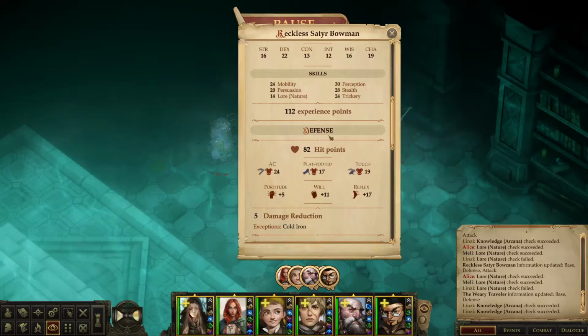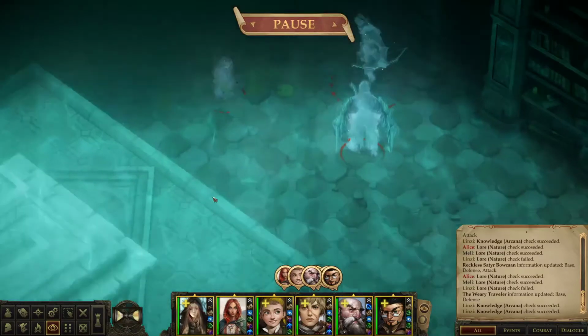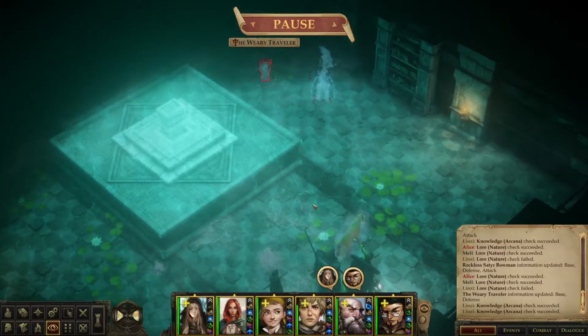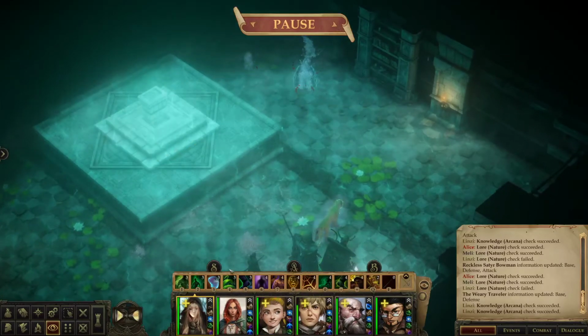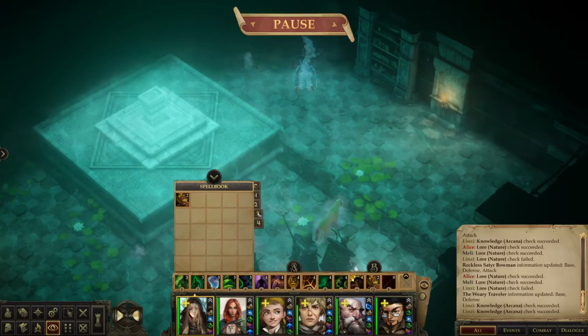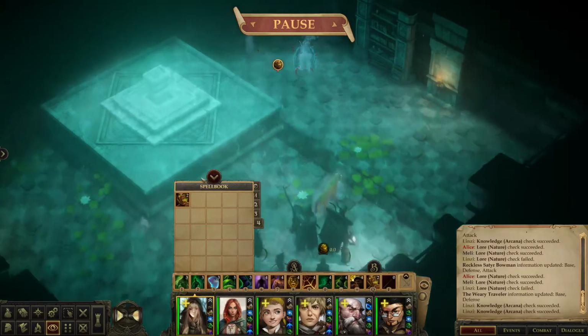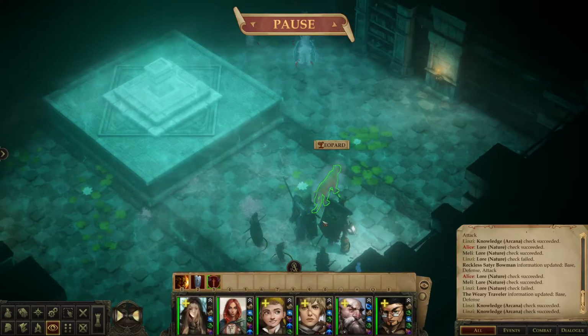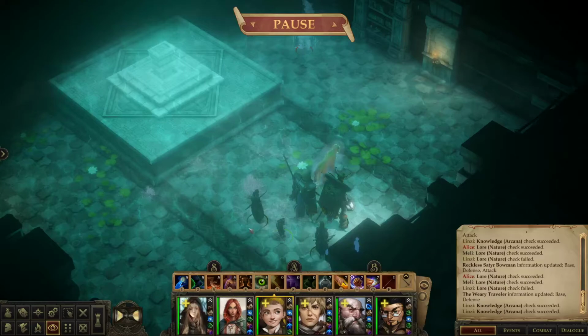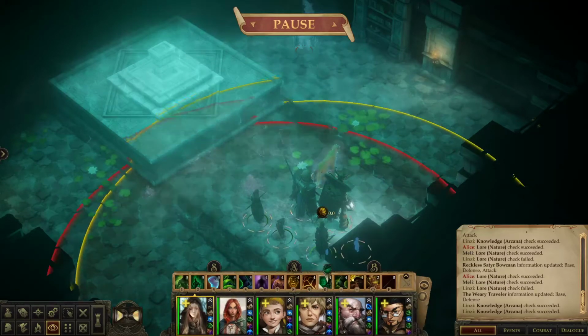And then it's the Weary Traveller. So we want to basically put him down as quickly as possible. No time for idling. We are going to attempt confusion before they get their protections up. And then after that, we're just going to go for it. We should move. But before we do that,